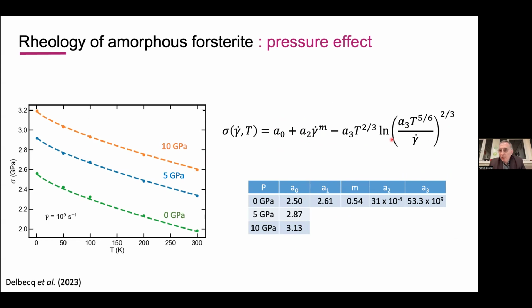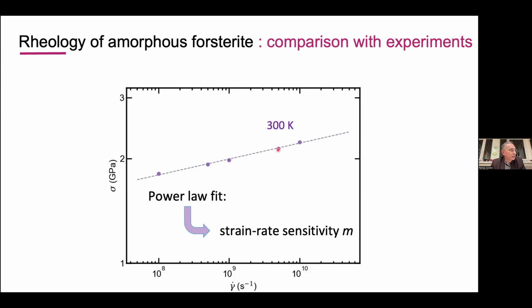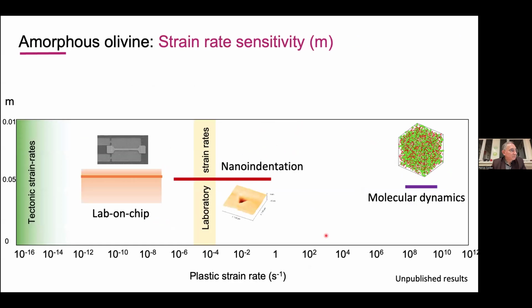Does that compare well with the experiments? So we used the curve at 300K. We did a fit with a power law to get the strain rate sensitivity to compare with what we obtained from the experimental. And that is absolutely fantastic because we see that we have exactly the same behavior, the same strain rate sensitivity across like